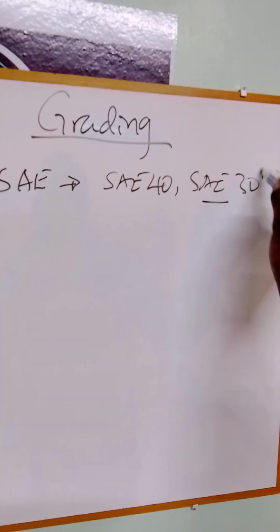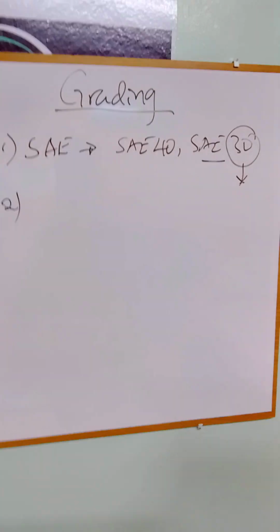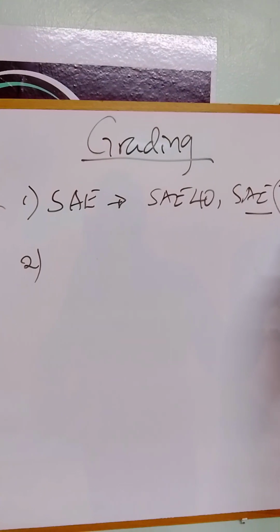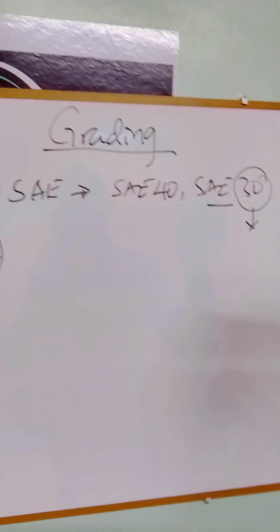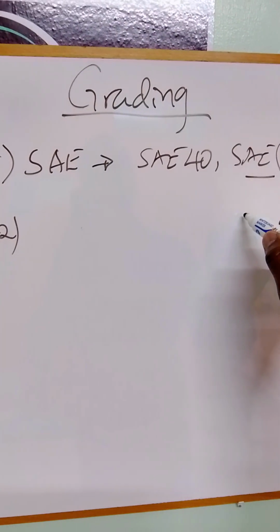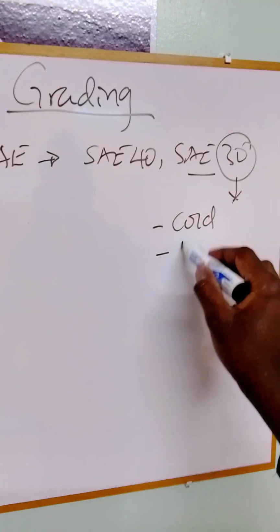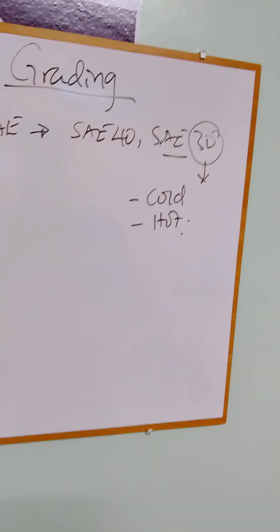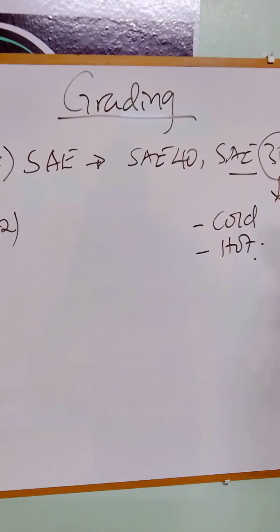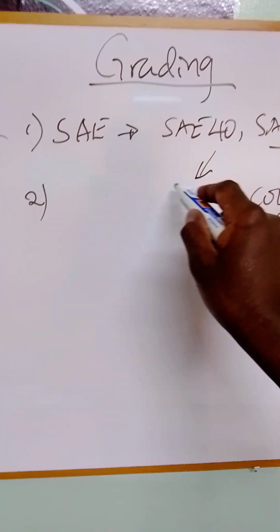This number usually denotes the viscosity of the oil throughout the performance. There is not a lot of change in terms of viscosity between when the engine is cold, at startup, and when it is hot and running at its optimum. The viscosity basically remains consistent, and you can realize that this SAE 40 is a much thicker oil,